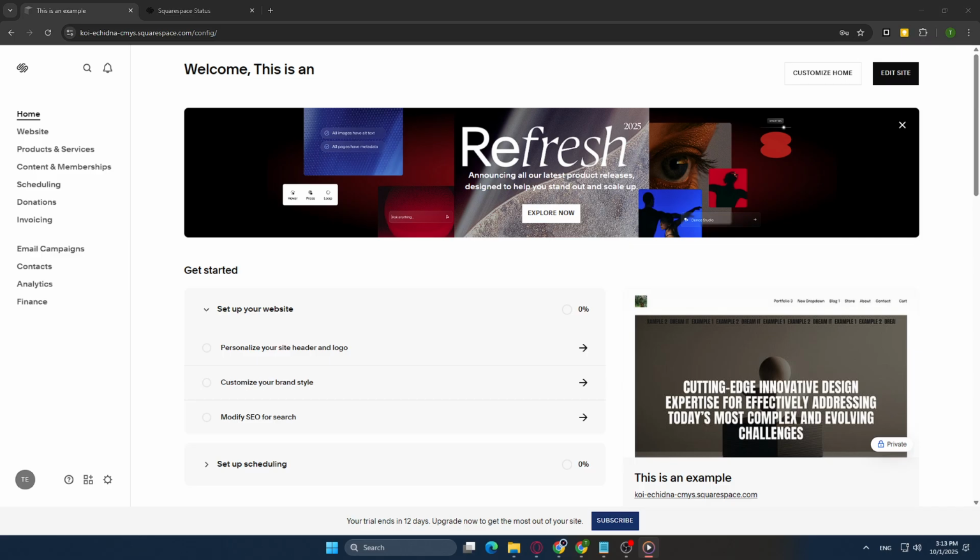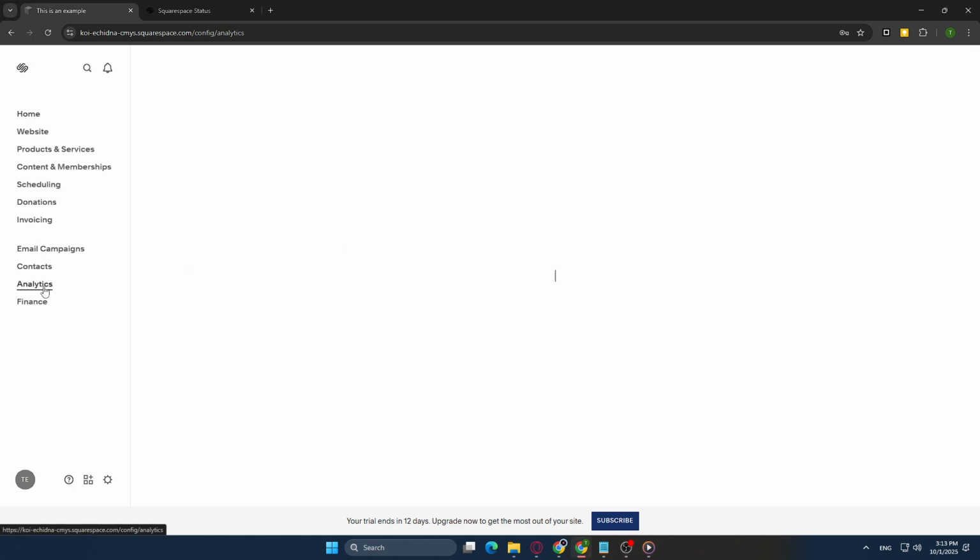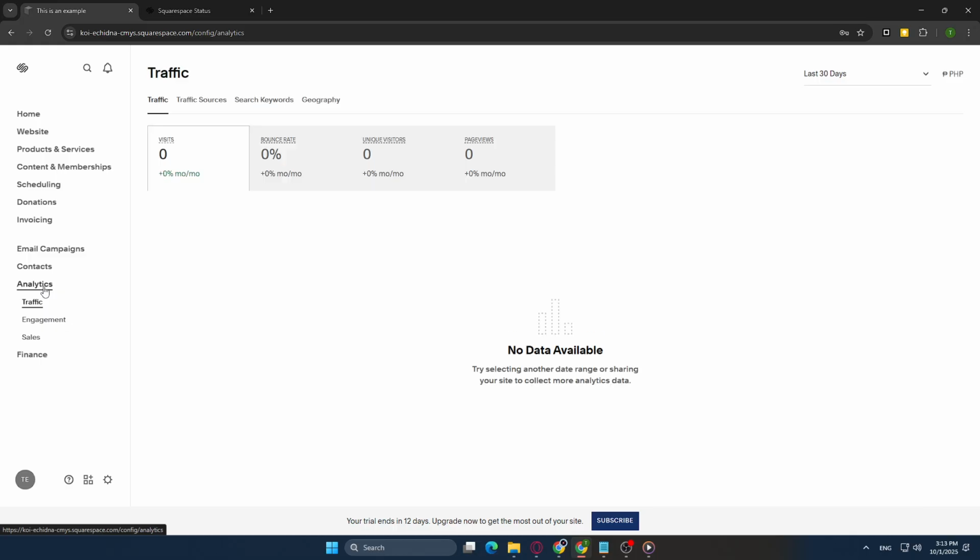Next, we want to head over to the Analytics section of your Squarespace interface. From your dashboard, look at the left-hand side of the screen where you will see several menu options. Find and click on Analytics. The Analytics section is really the powerhouse of your site data. The key part about using Squarespace's analytics is making sense of these numbers and trends to make informed decisions about